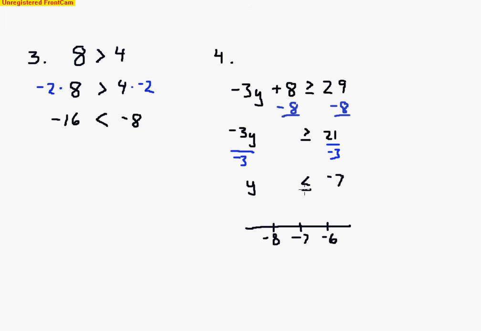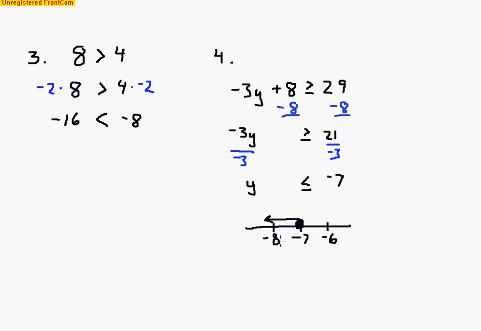So it's less than or equal to, so I have to use a filled-in circle on that negative 7, and then draw the line to the possible values of y to the left because it's less than. So to make this statement true, I would need to have values of y that are negative 7 or smaller,